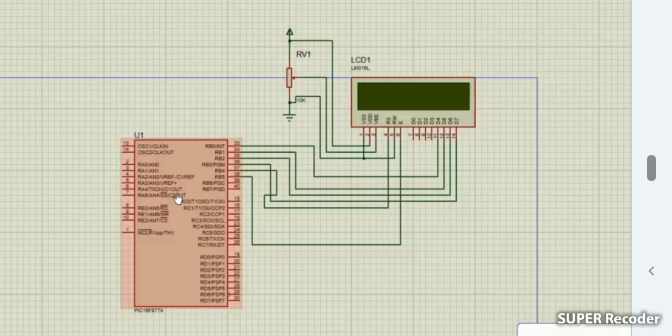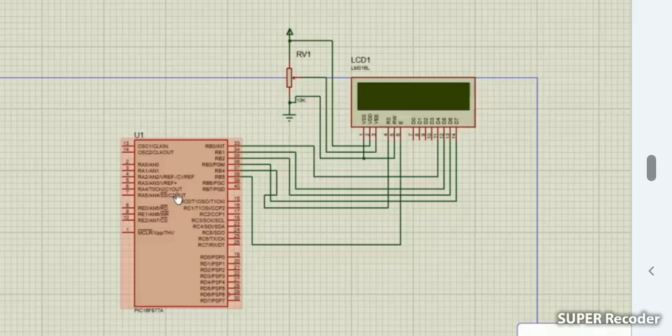and then we have VSS ground. It is connected to the ground level. VDD is supplied to the 5V pin, and then VEE is also connected to a resistor to vary the contrast or brightness of the LCD display. And then we have the register select pin. It is connected with pin number 37. It's called B port 4. Likewise, the write pin is connected with your